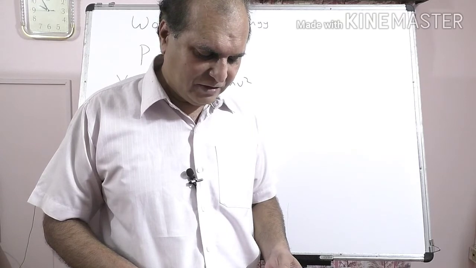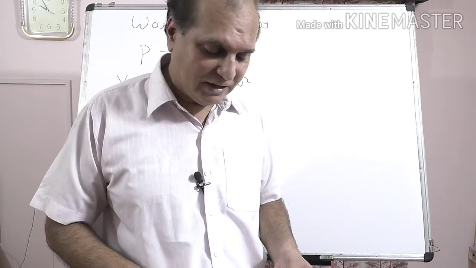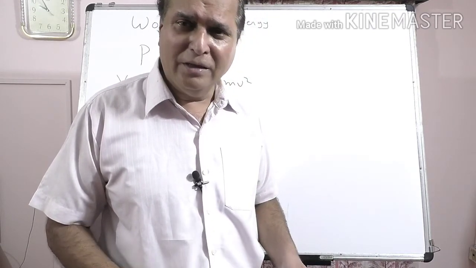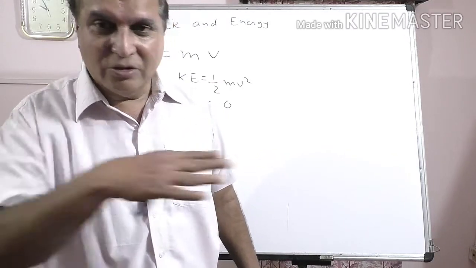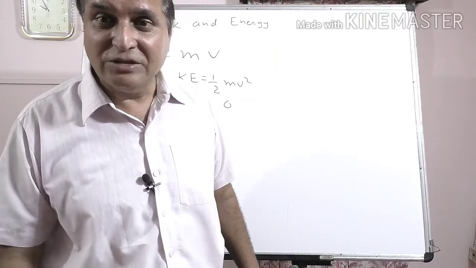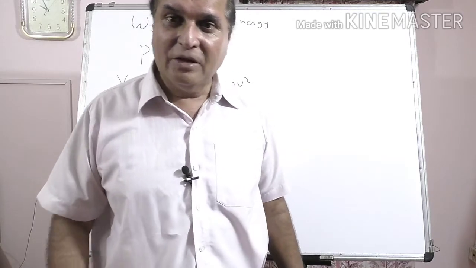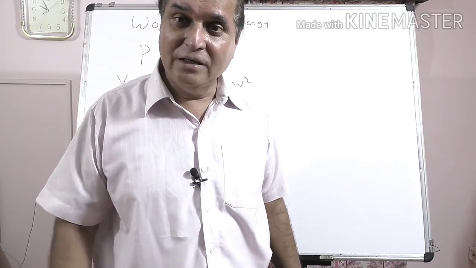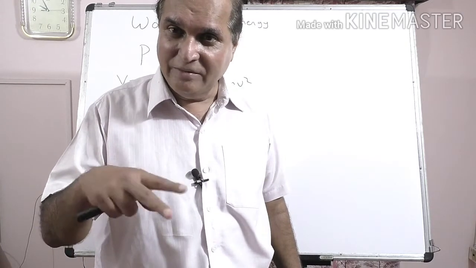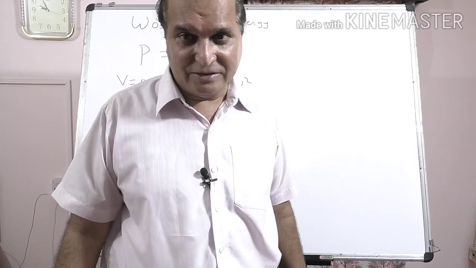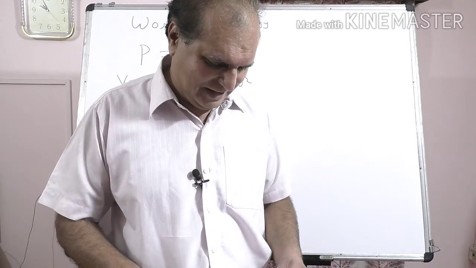If we increase the velocity of a car moving on a flat surface to 4 times its original speed, its potential energy remains the same. Potential energy is proportional to height. You are going on a horizontal ground, height is not changing, so potential energy is not changing. Kinetic energy will change, because of 4 times. So kinetic energy will change 16 times. 4 squared, half mv squared. V changing 4 times, so energy changing 16 times. Right? Kinetic energy and not potential. Okay, understood?